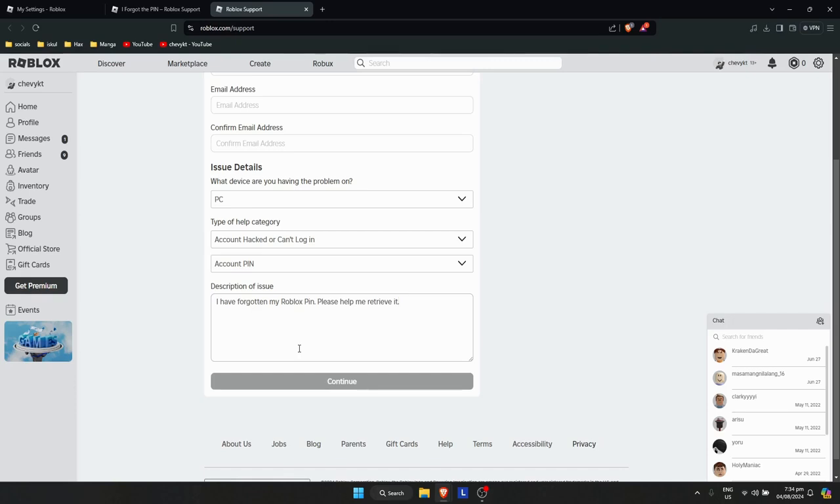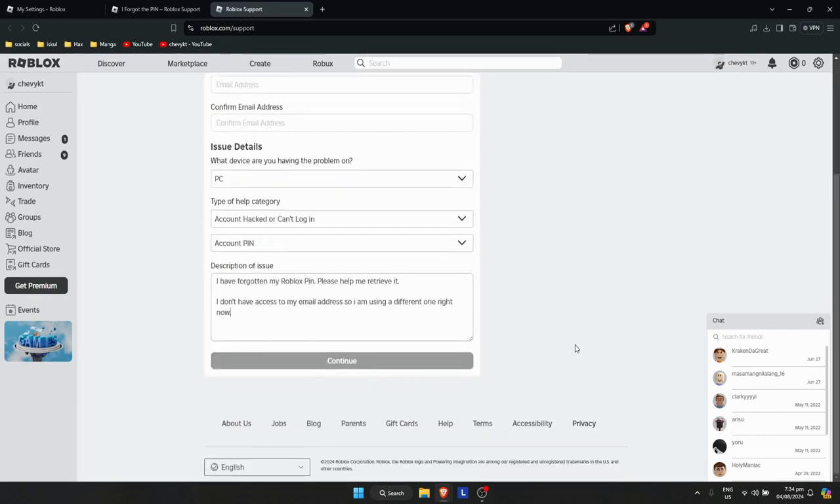Just like so, you'd also add the other description. Like if you forgot your email address, you could say it right there. So something like that. Once you're done, you simply need to click on continue and wait for Roblox to get